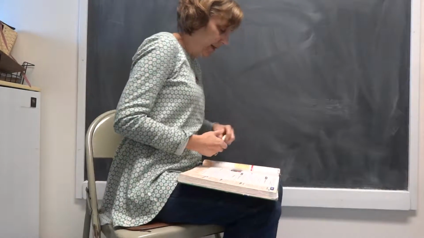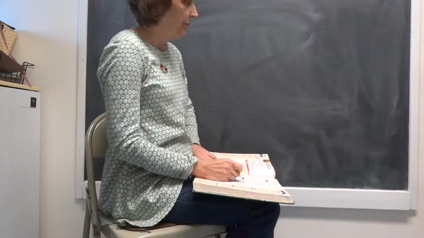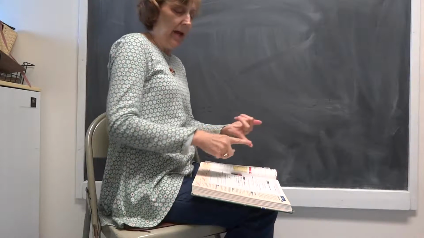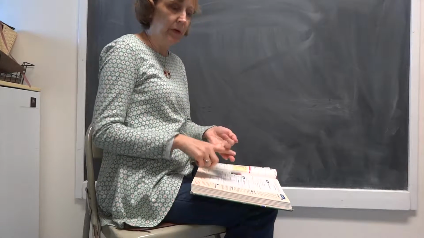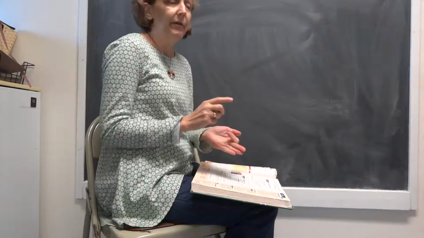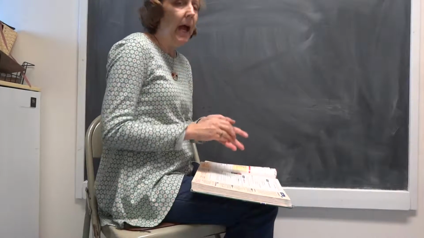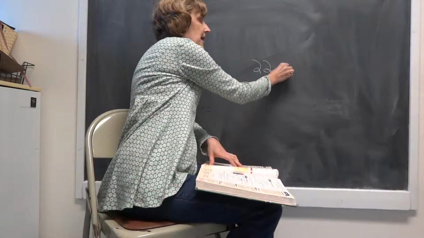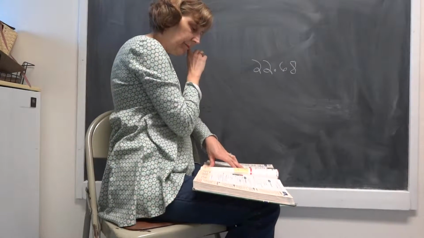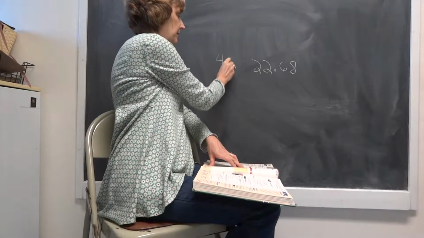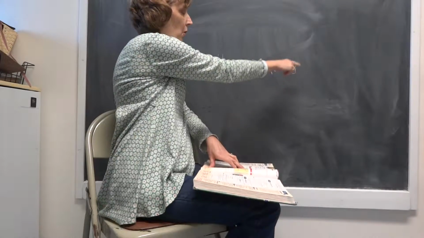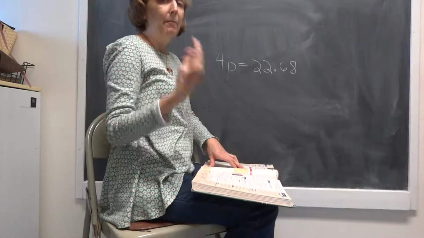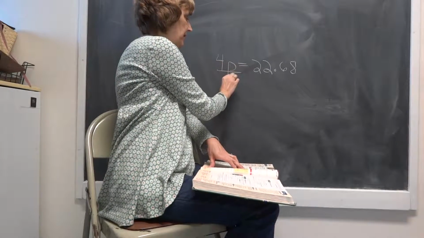So the first example they give you is a pizza. They say you and your friends, four of you, all go out for pizza. You buy an extra large, you buy bottles of water, and you have a coupon, you pay tax and all that, and it comes out to $22.68. There's 4 of you, and you all have to come up with enough money to pay $22.68. So if you're going to pay equally, you will divide both sides by 4,